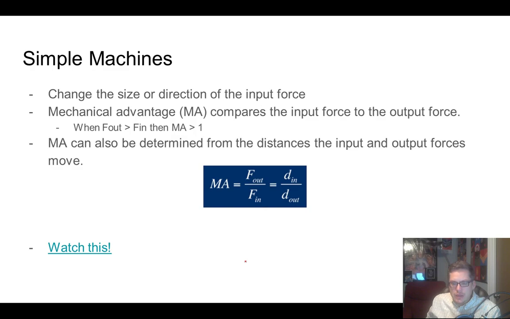Yes, we did. All right, now we're going to change gears here a little bit, both literally and figuratively. We're going to talk about simple machines. You probably talked about these in middle school. There are 6 simple machines that you need to know. There's the inclined plane,